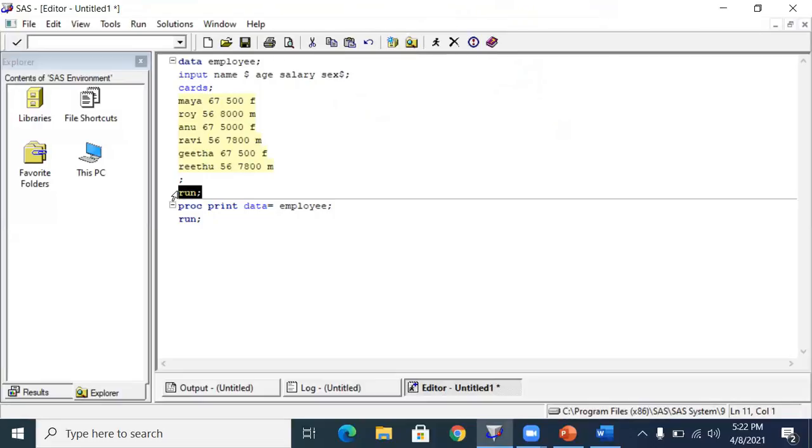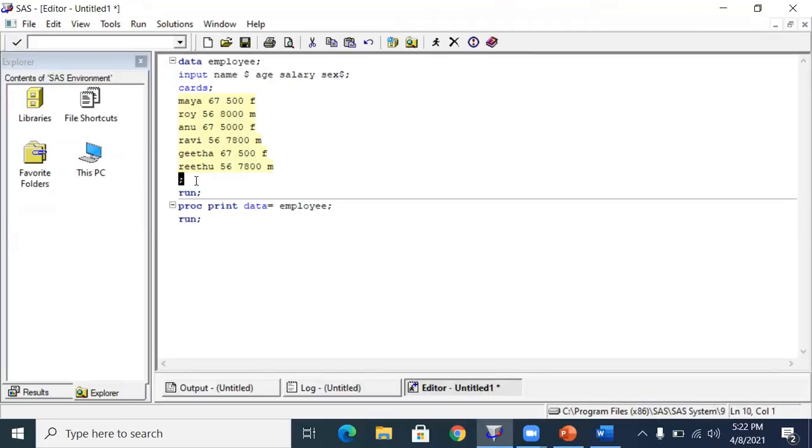Now cards is to assign the observations. Run is for executing your program. Most programs you might have seen use run for submission. Here you can see each and every line I have ended with a semicolon. Data employee semicolon is the end of the dataset name. Every statement should end with a semicolon. That is part of the syntax. Dataset name, done, semicolon. Input, variable list, done. Cards, we have multiple observations. You are not supposed to put a semicolon here. You can see the red line, right? And you have to put a semicolon once the observation lines end.